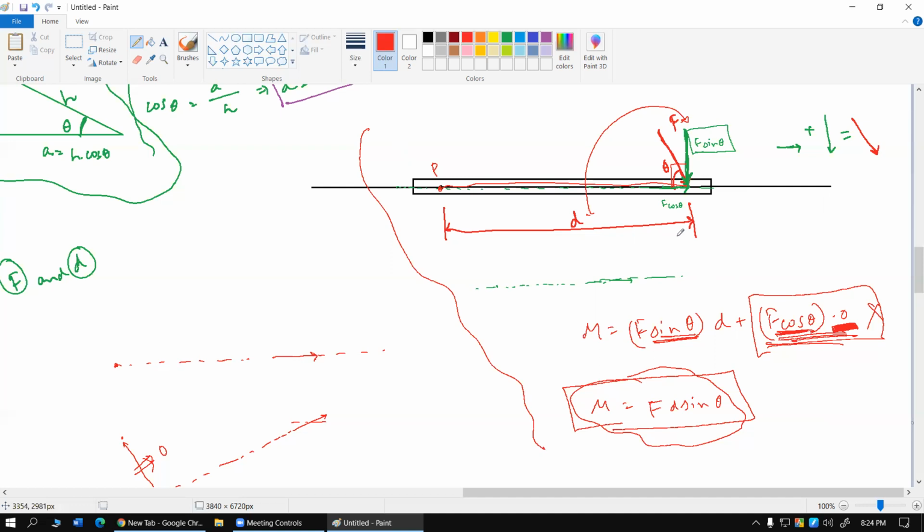But because their alignment is same, so the perpendicular distance is becoming zero, which means this force part, f cos theta part of the f, is not adding anything to the moment. The total moment is coming only from the f sin theta part, which happens to be normal with the perpendicular distance. So এখানে আমরা ফোর্সটাকে আমরা নরমাল করে আঁকলাম ডিসটেন্সের সাথে, আগে আঁকছিলাম ডিসটেন্সটাকে নরমাল করে ফোর্সের সাথে, দুইটার যে